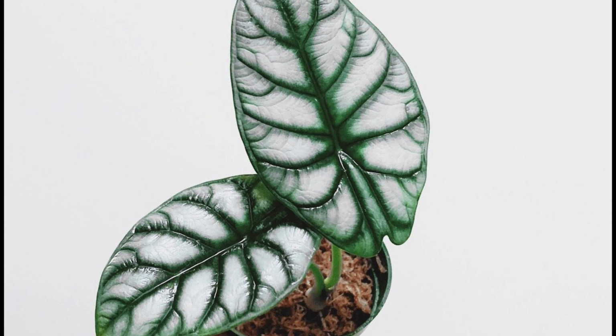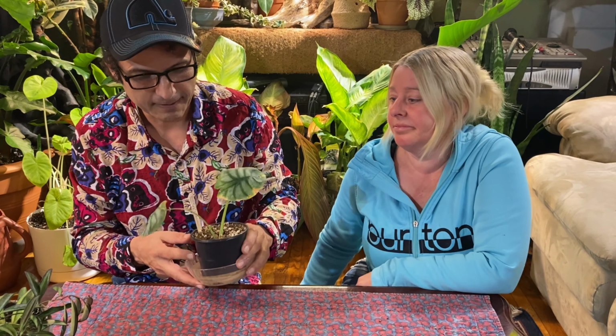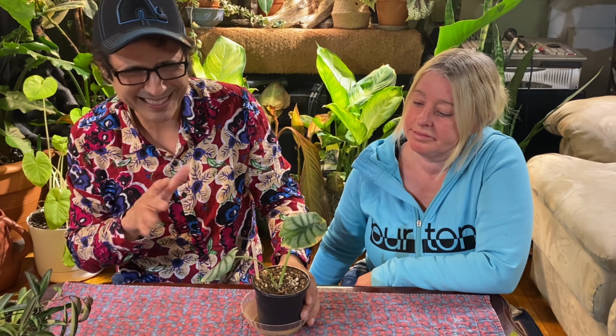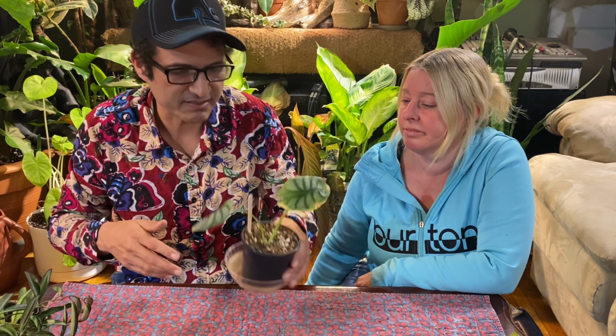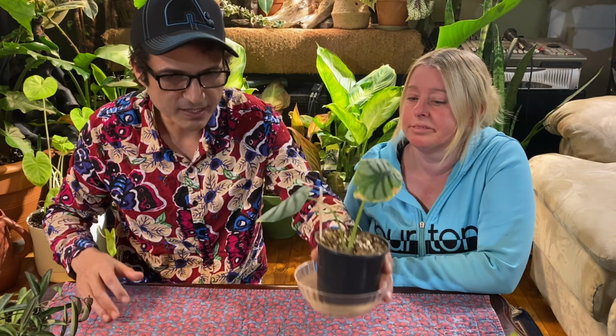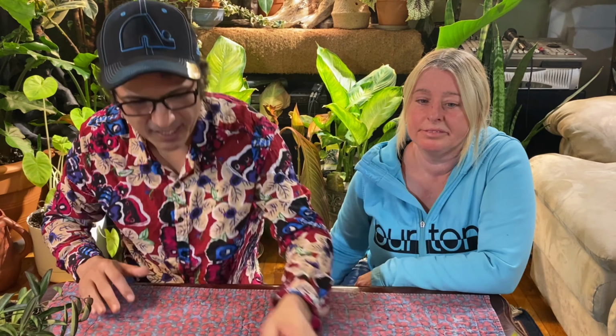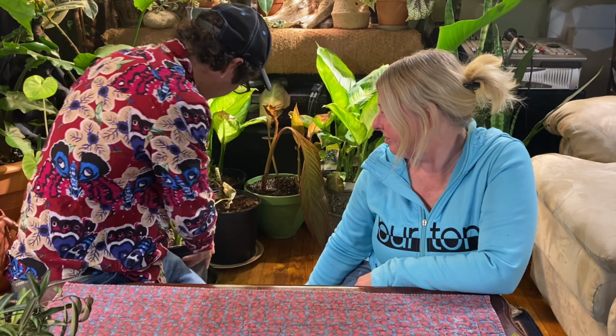Maybe I'll post a big picture, an actual mature picture of that, because this is a real beautiful plant. Would we pay $100, I'm thinking? 120, somewhere around there, so maybe 80 US. Can't quite remember. This was about a month ago. Got that. And last but not least is the Alocasia,